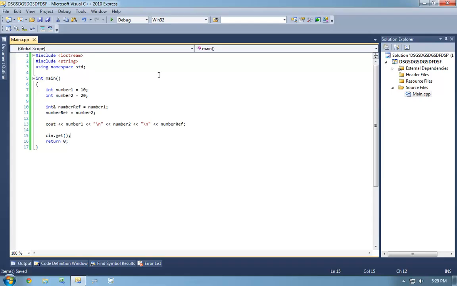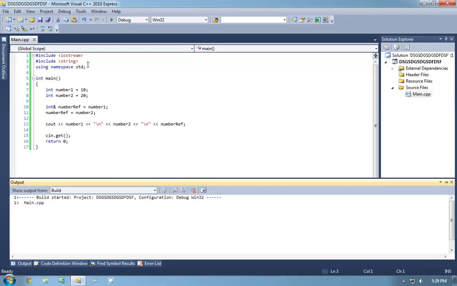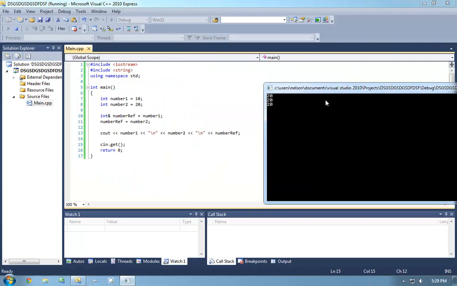Okay, this is the most important thing to understand about references. They cannot change, but you can make the code look like they might be able to change. What is going on right now is that we are going to get, and I just want to prove it to all of you, 20, 20, 20. Here's why.